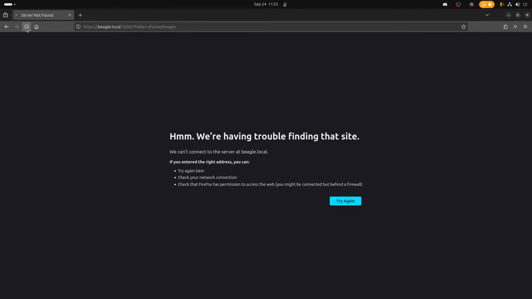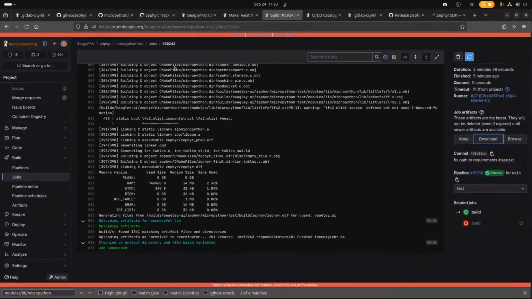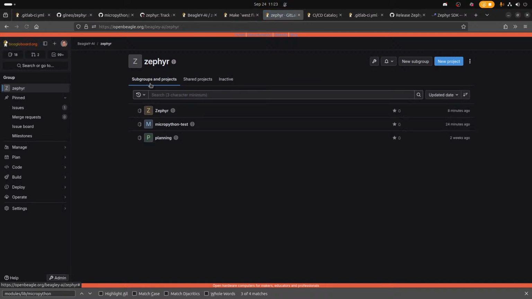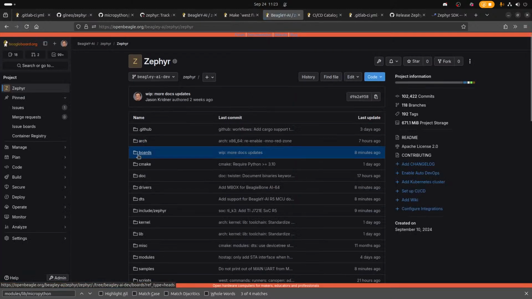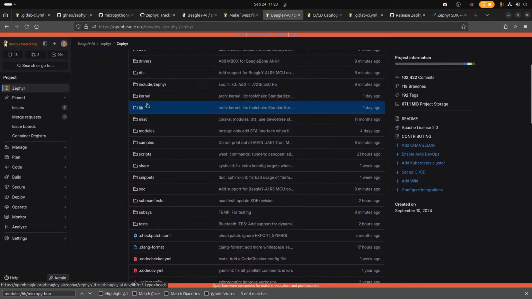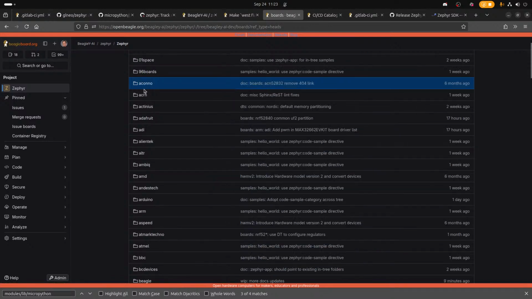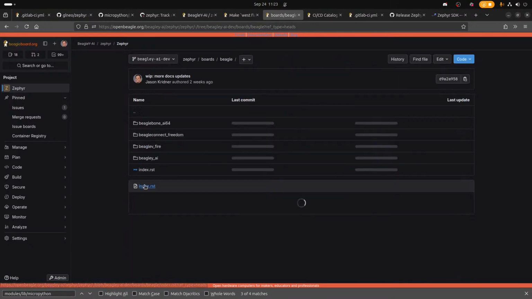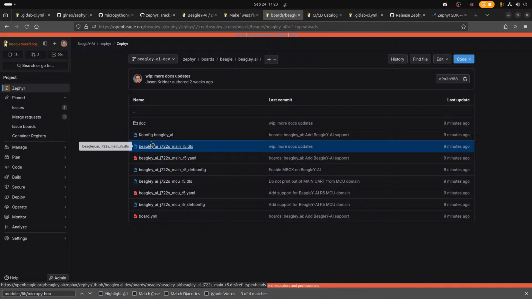Oh, you know what? Did we add the resource table? You have to when you link it. He probably put that in because you have to have the resource table in the ELF file. But that's probably in this port, right? Yeah, I think it should be. I could see the commits cherry-picked from the BeagleY-AI branch. So it's going to be in boards, BeagleY-AI.